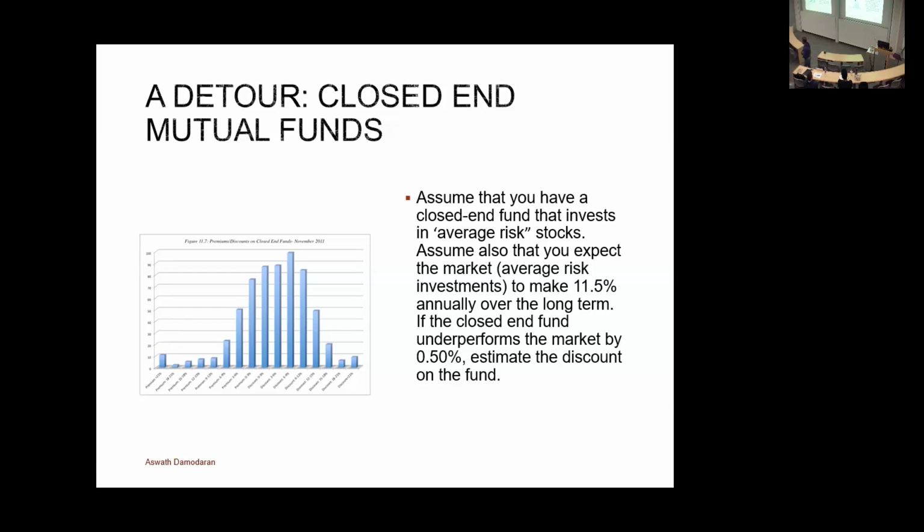But think of what will happen now when I value your fund, right? You invest $100 in your fund, you make $11 each year. You need to make 11.5%. So if I value that fund, it's basically a perpetuity. Forget about growth. It's $11 divided by 0.115, which gives me like $96 for the fund. There's your 3% discount. You put growth on top of it, it'll become a 10% discount. If I make your returns 10.5% instead of 11.5%, the discount's going to get even worse. Do you see where I'm going with this, right? If you're a closed-end fund manager, the less I think about you as a fund manager, the bigger the discount is going to get.